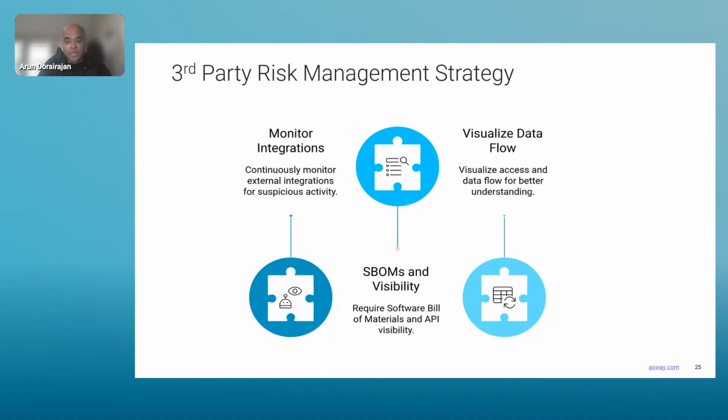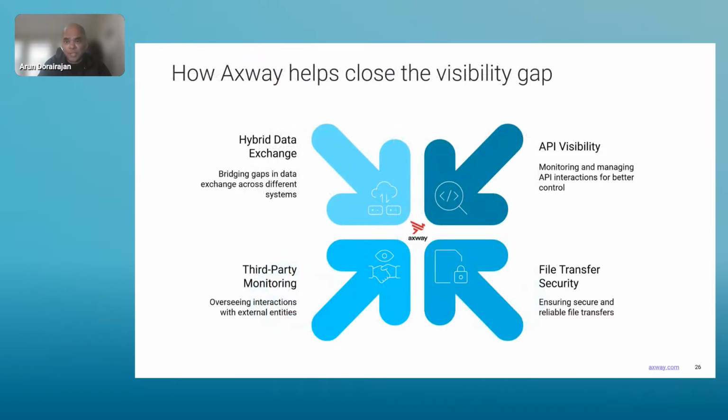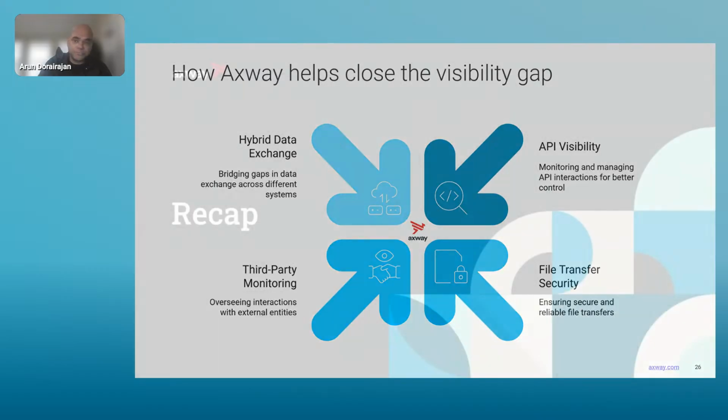And here's where we can help you. At Axway, we'll give you the visibility and control to manage third-party risk at the edge where most breaches happen. Whether it's a file drop at midnight or API key misuse from a trusted vendor, Axway makes sure you see it, respond to it, and stay compliant. Because in a connected world, third-party risk is your risk, and we are here to help you.